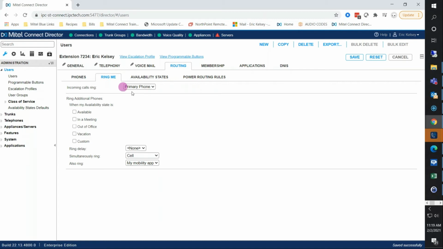On the ring me state, this discusses things like additional phones. So there are additional phone options where, if you would like your cell phone to ring at the same time as your phone, this is a pretty popular forwarding mode I can set up for the user ring me states. So if I wanted my cell phone to ring while I'm in available mode,